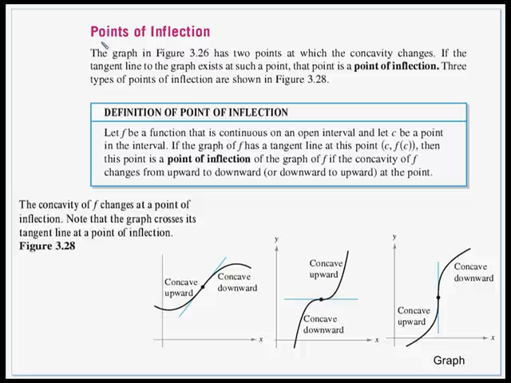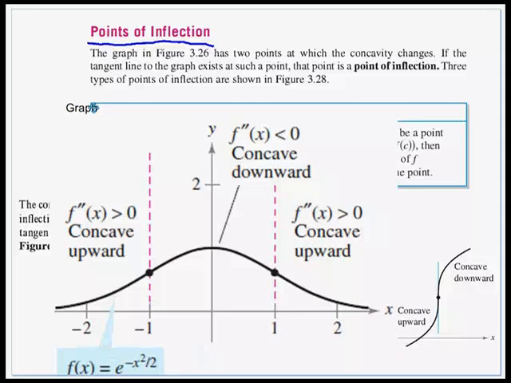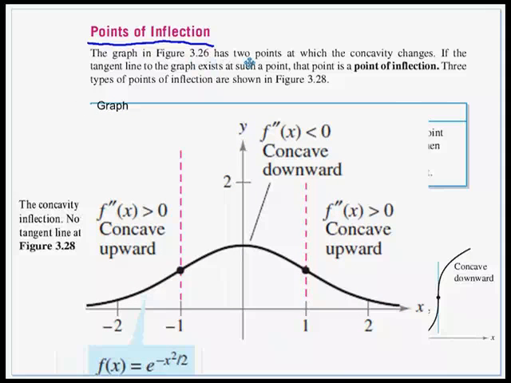And now let's talk about points of inflection. It says the graph in figure 326, and I have that right here. This graph has 2 points at which the concavity changes. If the tangent line to the graph exists at such a point, then that point is a point of inflection. So here is our